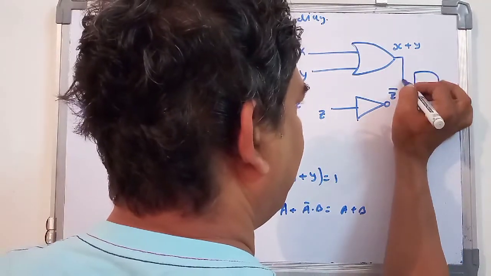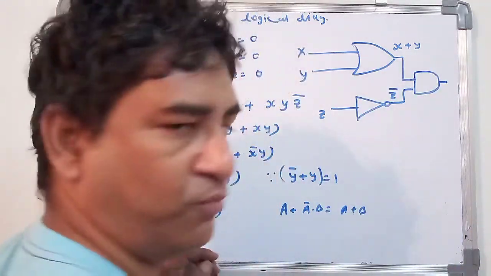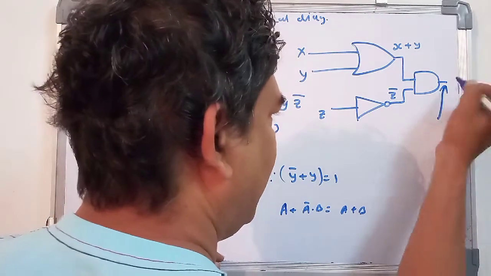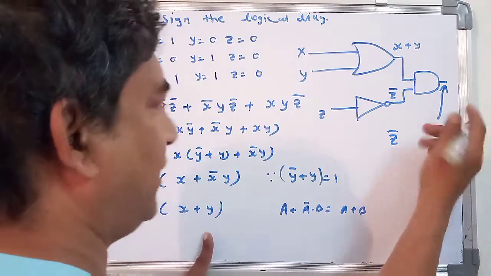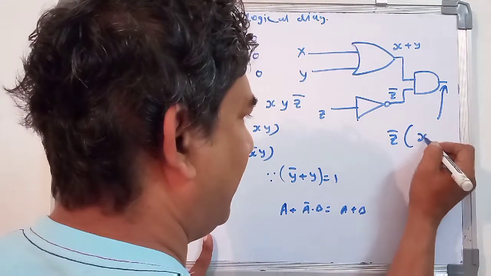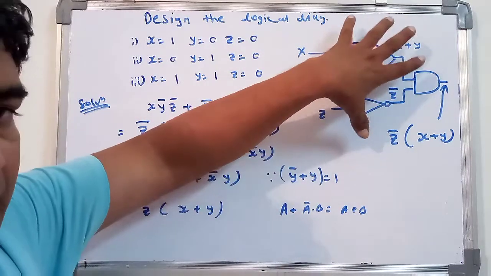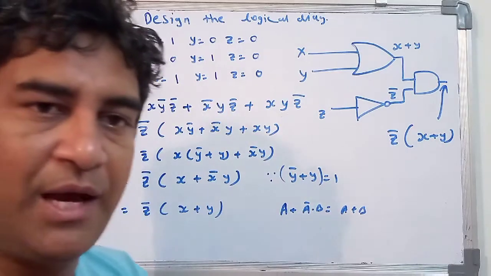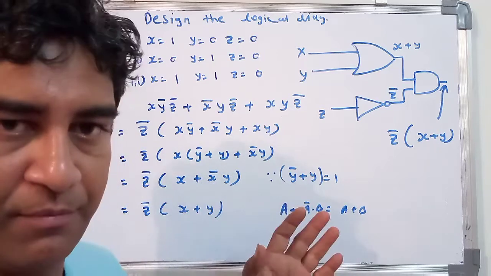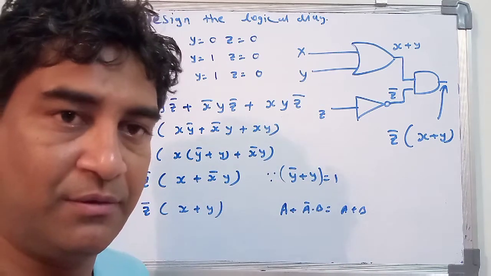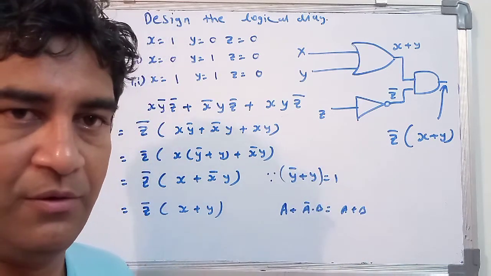It is an AND gate. Here you will be obtaining the output, that is z bar, this equation. This equation should be obtained at the end: z bar, x plus y. Okay, this is another type of problem which may be asked in your examination. Related to this problem, again one condition they will ask in your examination is to draw the truth table. Okay, simple.